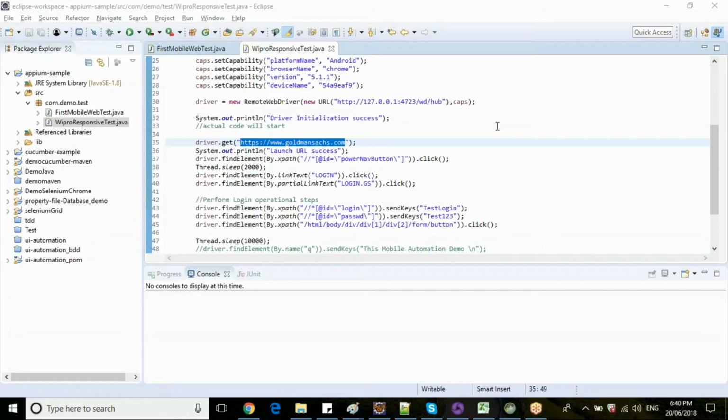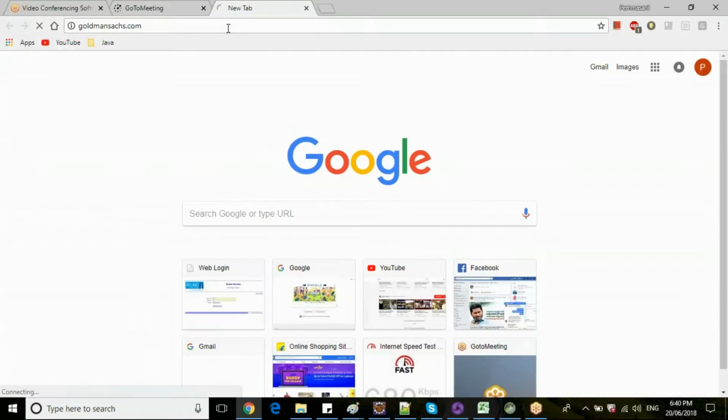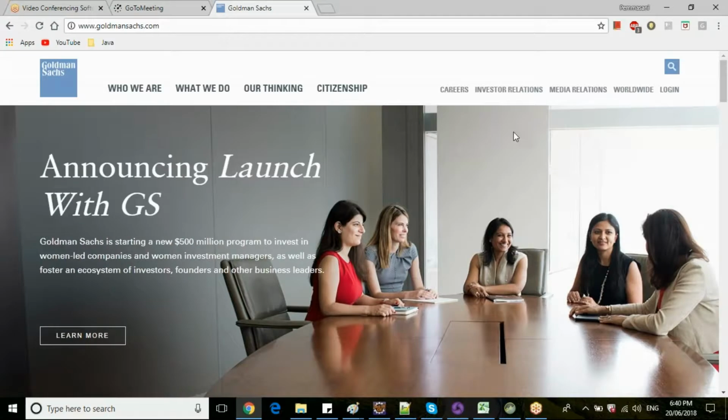So responsive applications are the applications which look as per the user's device. Let's say you're launching goldmansachs.com in a Chrome browser. It's launching in a complete browser, right? The user can interact with it, correct.